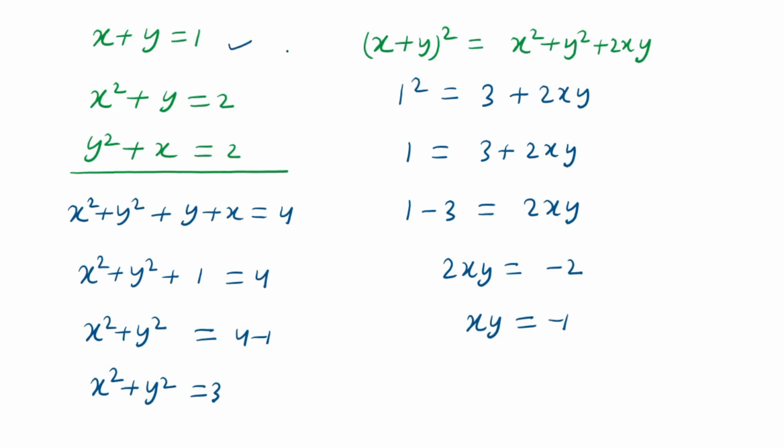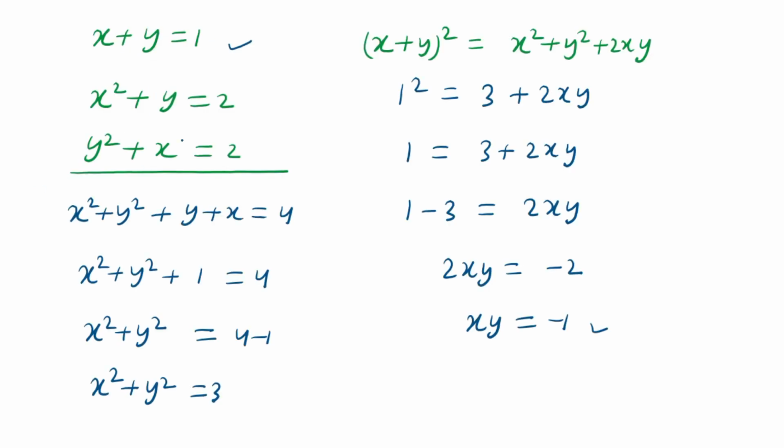Look carefully at this equation and this equation. Here x plus y equals 1, and x times y equals minus 1. Look carefully, here we have two equations and two variables. Here we will find the value of x easily. x plus y equals 1. This implies the value of y equals 1 minus x. Now in x times y, y is replaced by 1 minus x, so x times 1 minus x equals minus 1.